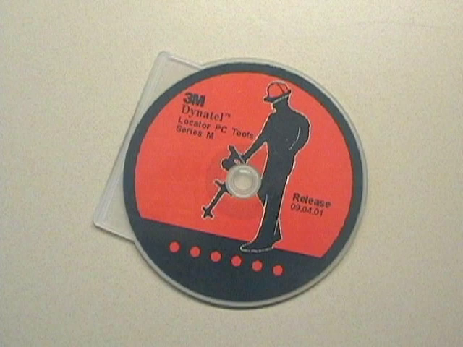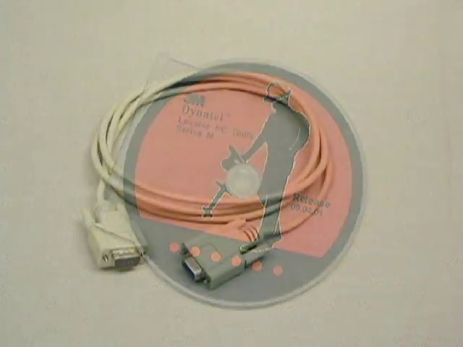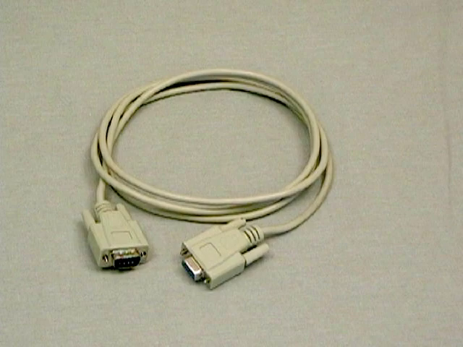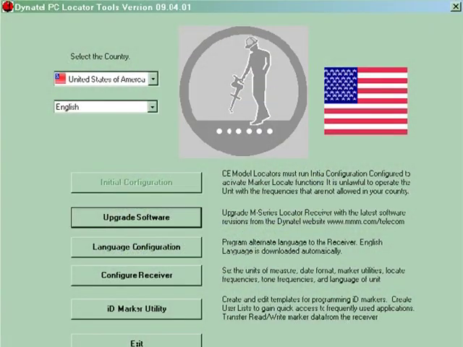Included with each locator is a CD that contains copies of the manual and software for your personal computer that allows you to communicate with the receiver via the RS-232 cable. The personal computer software provides the means by which receiver software updates can be field installed. The receiver can be configured to your preference, including an ID marker utility that complements the read-write capability of the